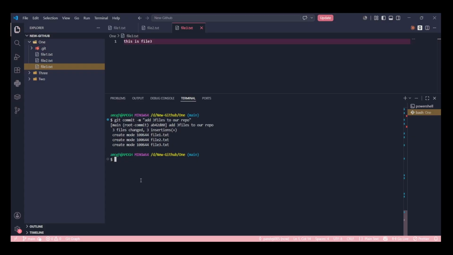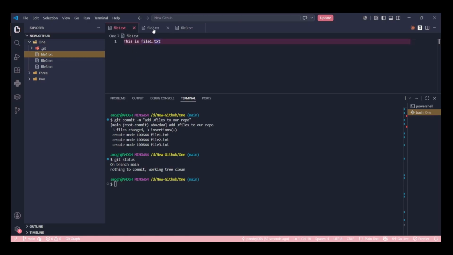Okay. Now these three files are committed. These three files are committed, and if I run the git status command again, we can see nothing to commit, because we created three files. We did some work in it. We entered some lines into the three files, and we just added it into the staging area. From the staging area, we have committed it. This is the normal workflow of how we use Git. This is the basic. Hope you guys understood it.